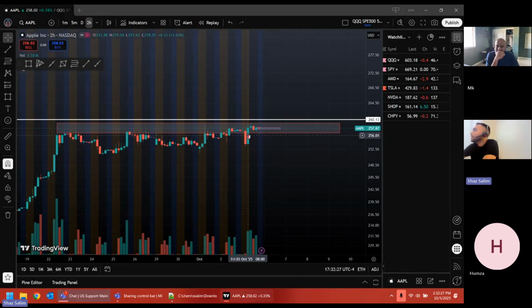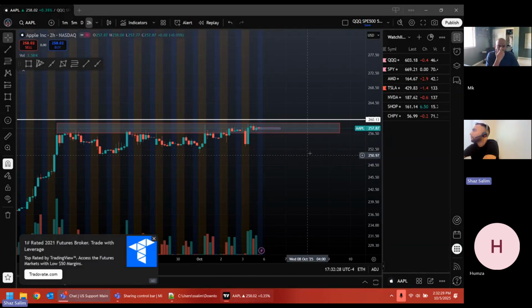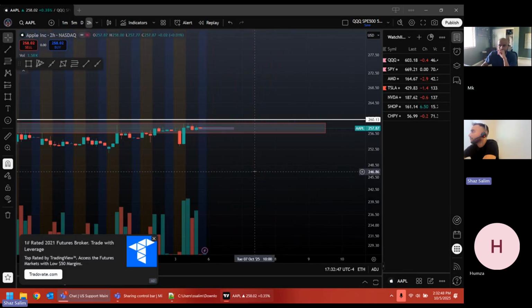All right, so this is the supply zone we have, right? The white line is that absolute 260 level that it needs to break. And then this is from 259, I drew it to this wick right here, Munir. So it's like 256, 257. Mm-hmm. And then if I hone in